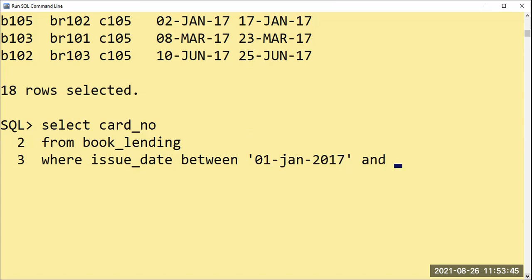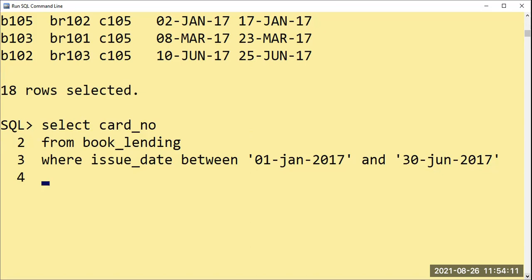To means you have to give the assignments daily. No, between, any period you can give here. And single quote again, 30th June. In my system, it will take JUN. In our system, we have to check what it will take. Okay, this is done. Still one more is there here.